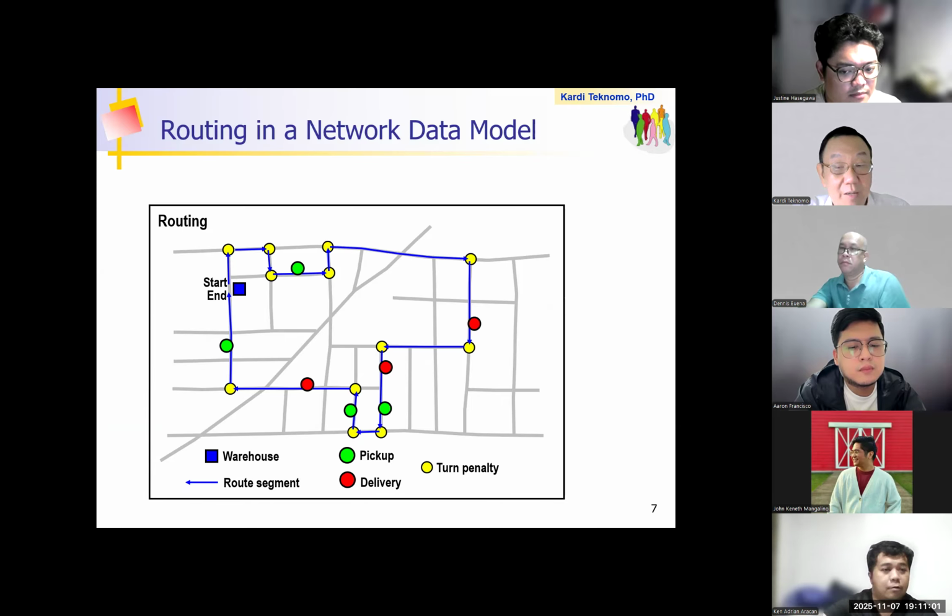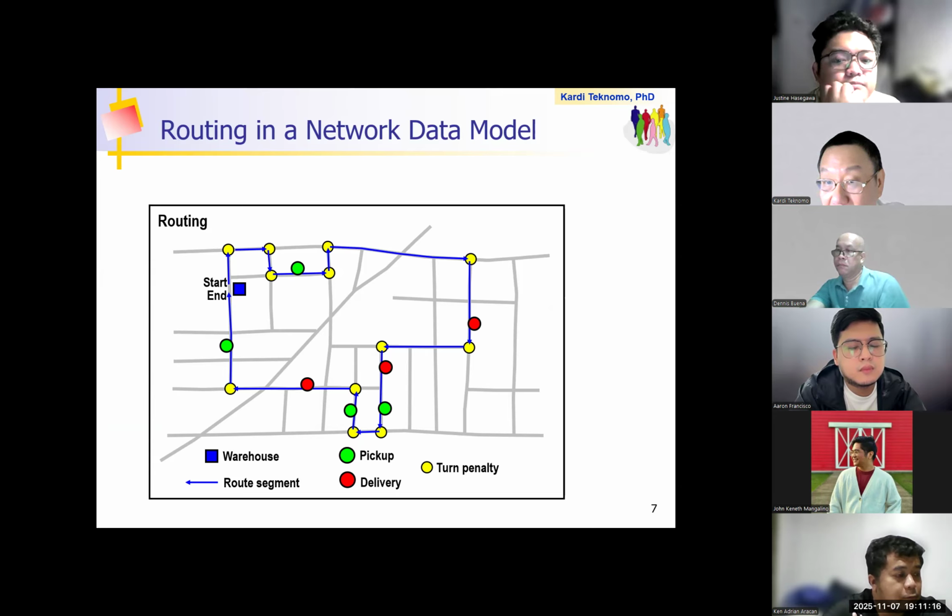Okay, so the computation is iterative. Yeah, the first time you load the data, so you assign little by little until it reaches equilibrium. Okay, so